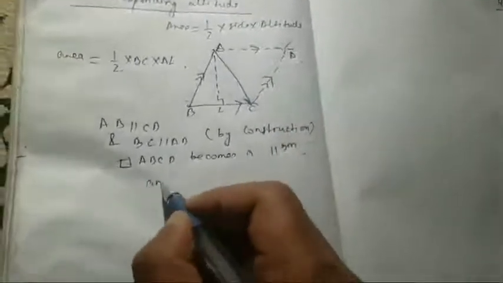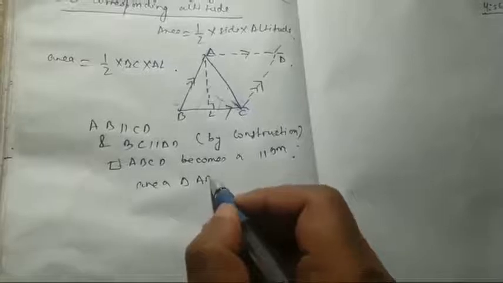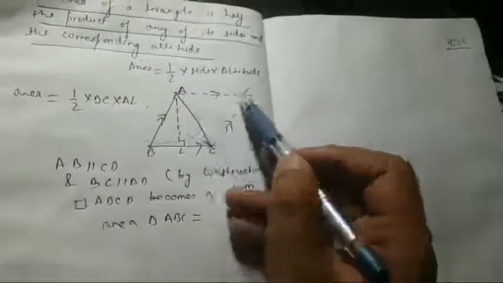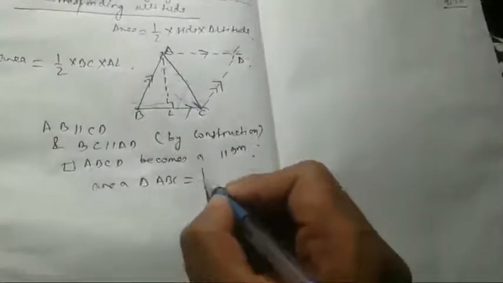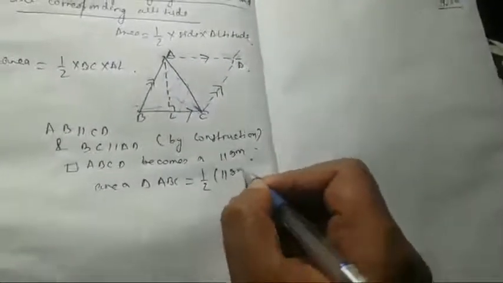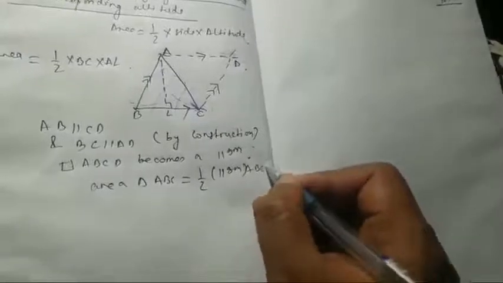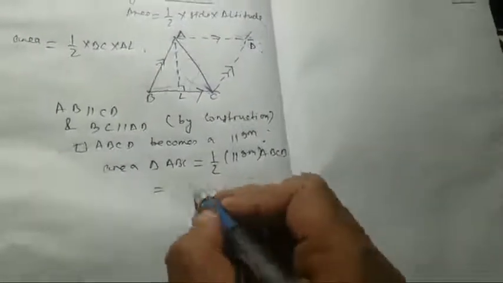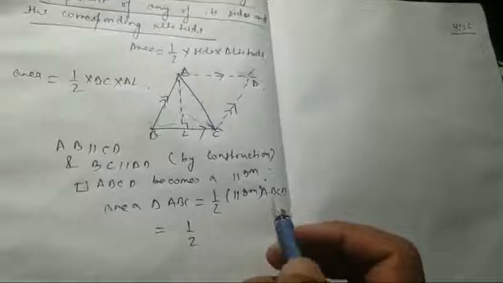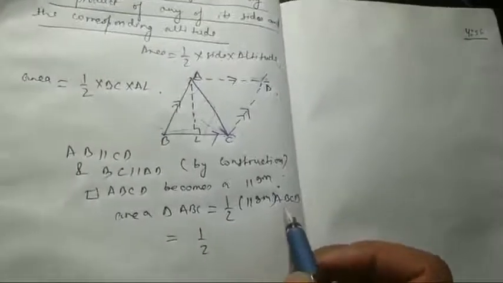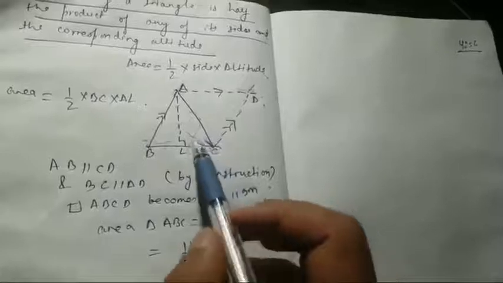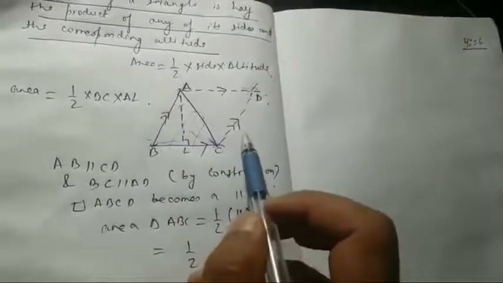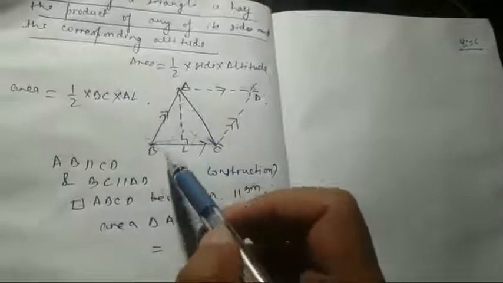The area of triangle ABC will be, since this area is equal to this area, half of the parallelogram's area, which is ABCD. Okay, so it will be half of, and now we know the formula for finding the area of a parallelogram. It is the product of its sides, which is BC into